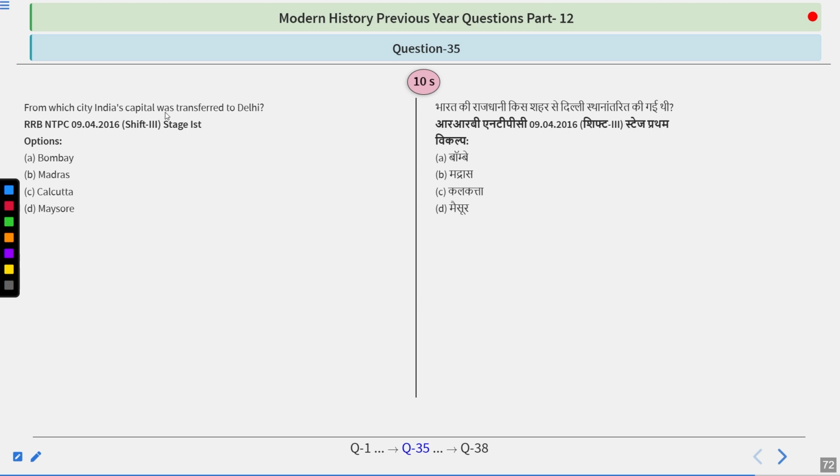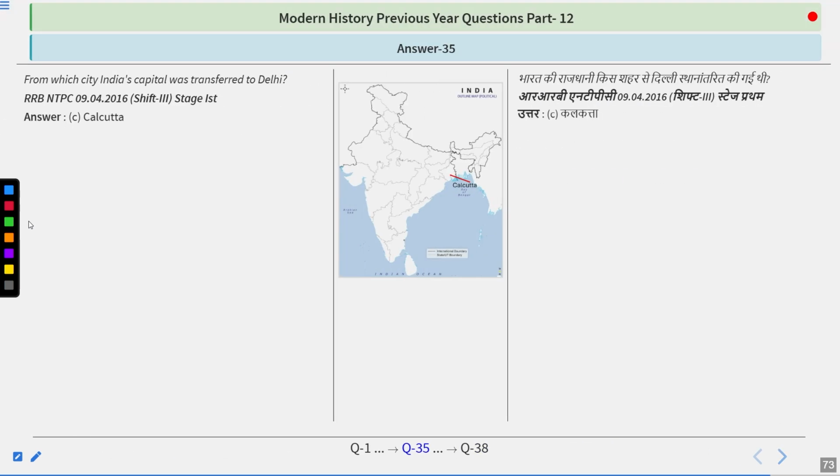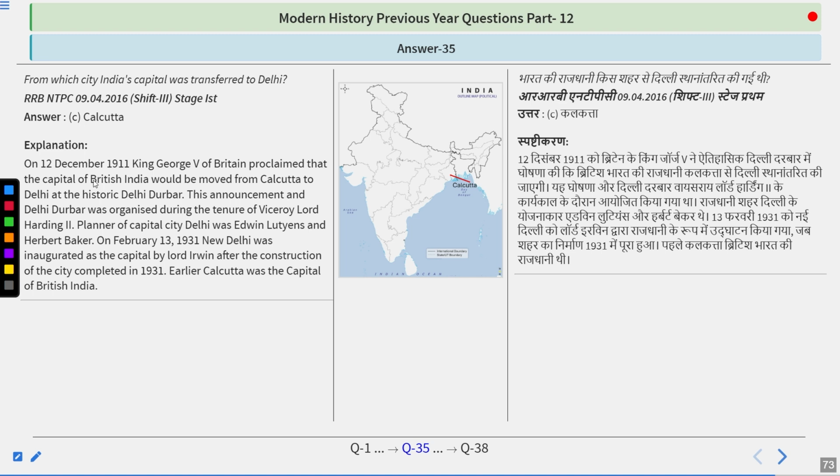From which city India's capital was transferred to Delhi? Options are Bombay, Madras, Calcutta, or Mysore. Take your time and think about it. And the answer is simple. The answer is Calcutta. On 12 December 1911, King George V of Britain proclaimed the capital of British India